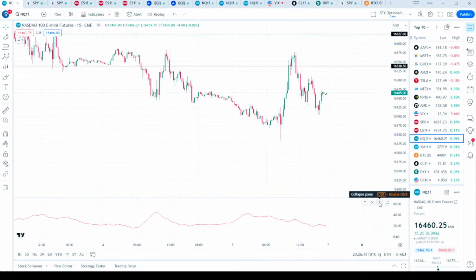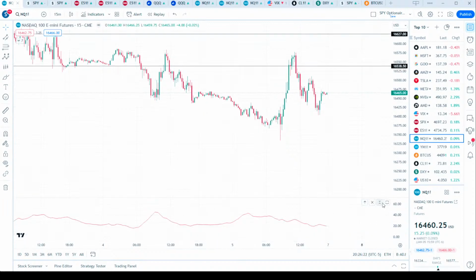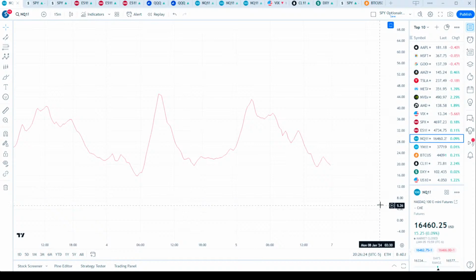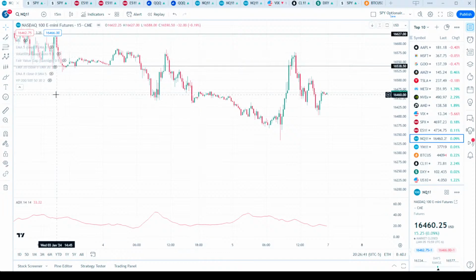So for your indicators here, if you want to close them, you can collapse it like that, and that just kind of puts it to the bottom of the screen if you wanted to hide it. This maximizes it, so that was when I double clicked it. So if you wanted to, whatever reason, if you really wanted to zoom in on the indicator, you could make it a big screen. And obviously you can close it, and then once you have another indicator, you can move them up in different strengths. Something else you can do here is